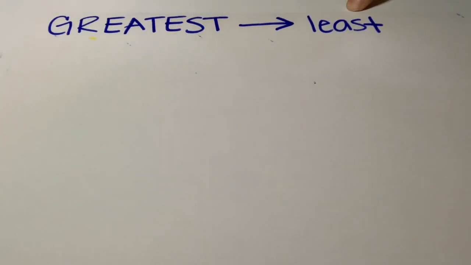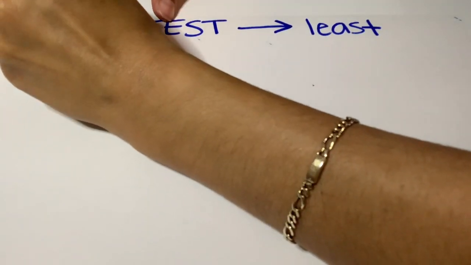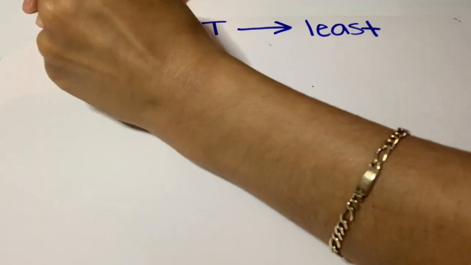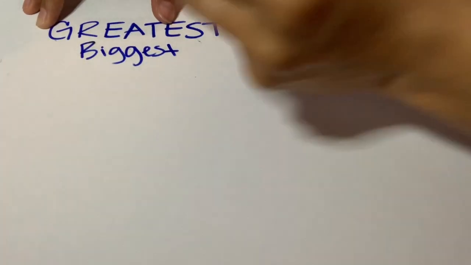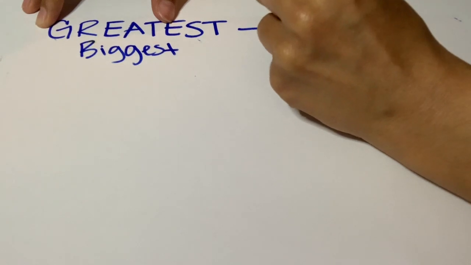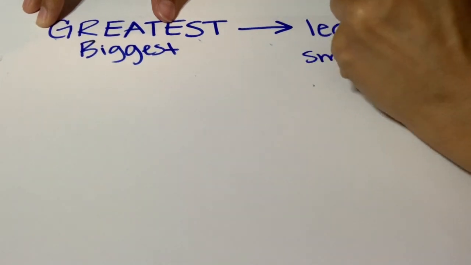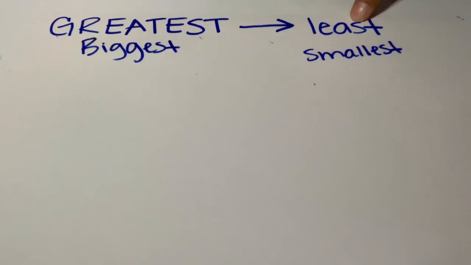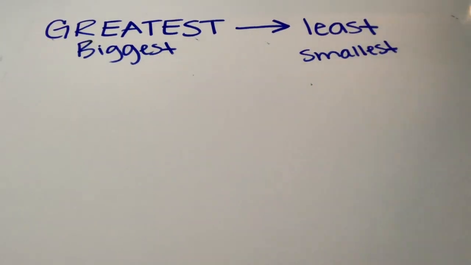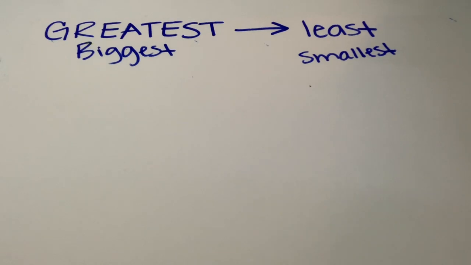Today we are going to be learning or reviewing how to put numbers in order from greatest to least. Remember that greatest refers to the biggest number, and then we're going to write the numbers to the smallest. Greatest being the biggest, least being the smallest. Okay? So let's say that we have the numbers